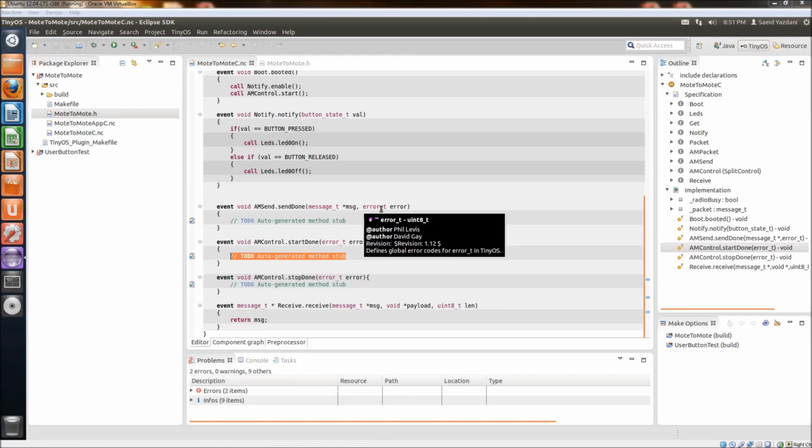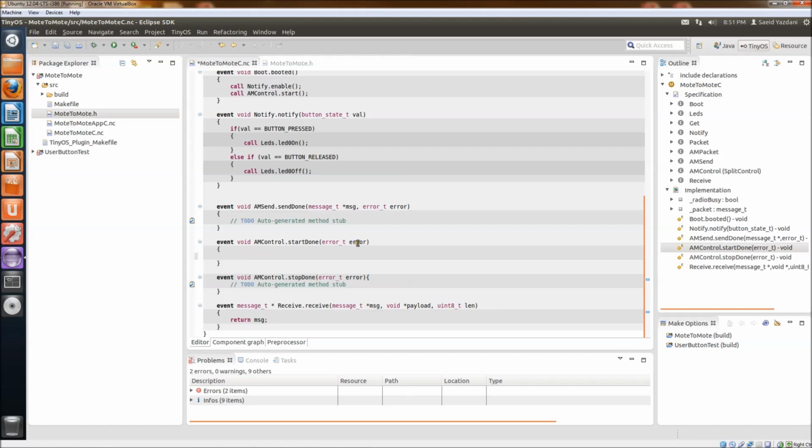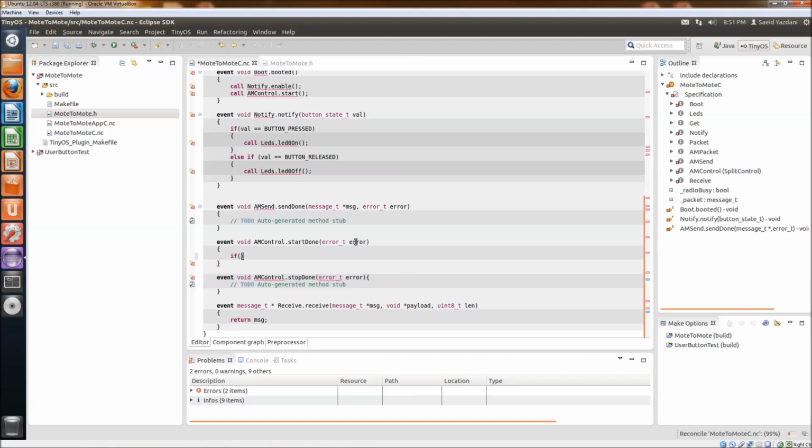We have an argument of type error_t, an error. So we can check the value of this error, and if this is success, then it means the radio chip is on, and if this is not success, the radio chip is off, and we can try to enable it again. So I'm going to say just a simple if error